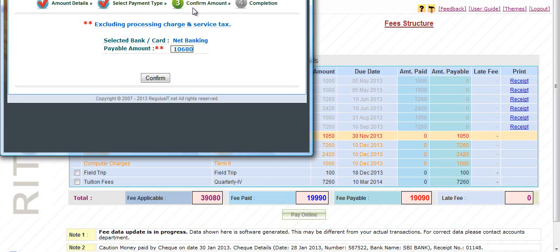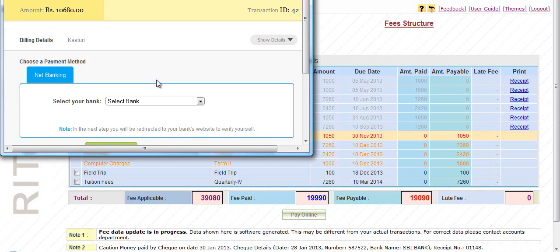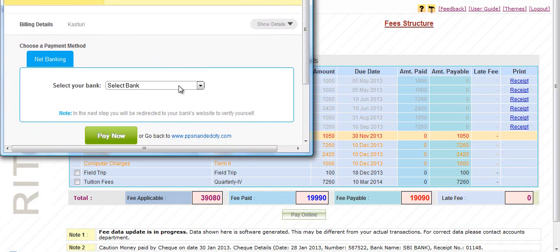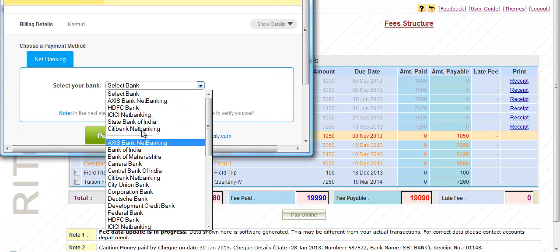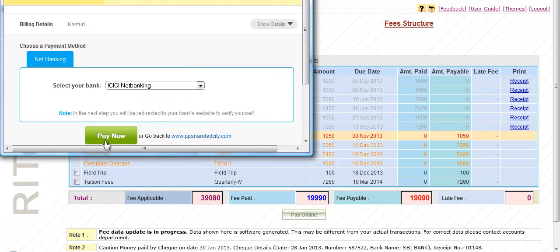This will open a third step to confirm the amount. As we selected a bank payment but the bank is not selected, that's why this payable amount will be displayed excluding the processing charges and service tax. Click on the Confirm button. This will redirect the user to the PayU site where the user can select a bank whichever he wants and click on the Pay Now button.